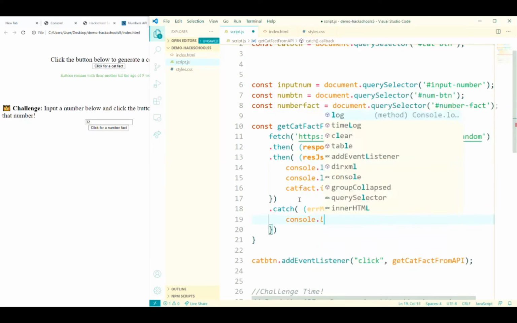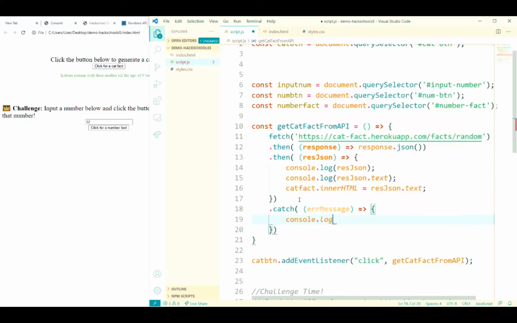Console.log. Console.log error message. Very easy. Yeah, just as Eugene says, no matter what you do, you'll get errors, because what if